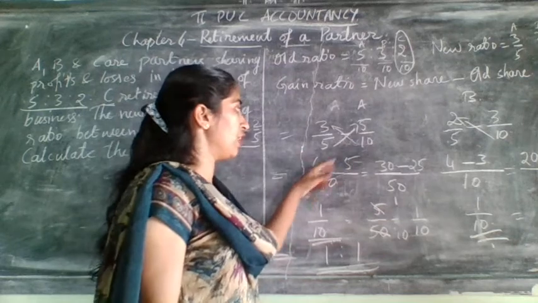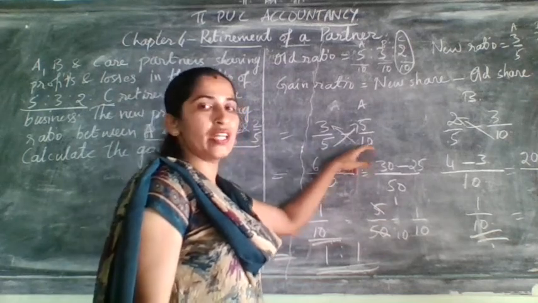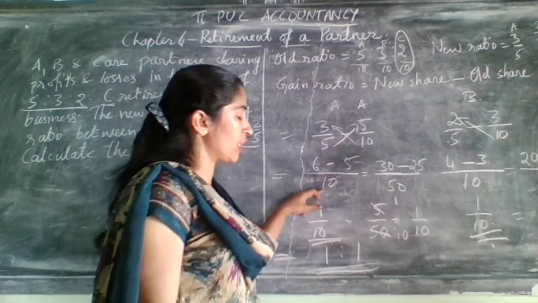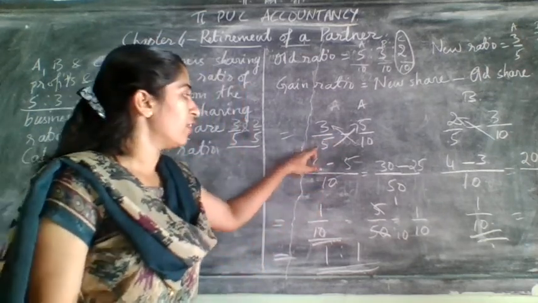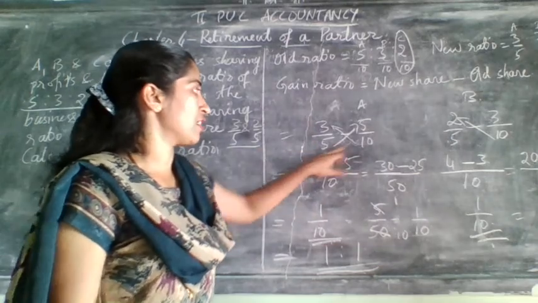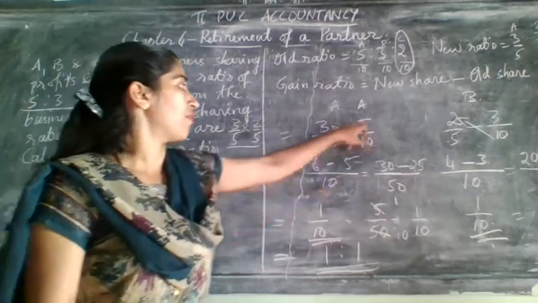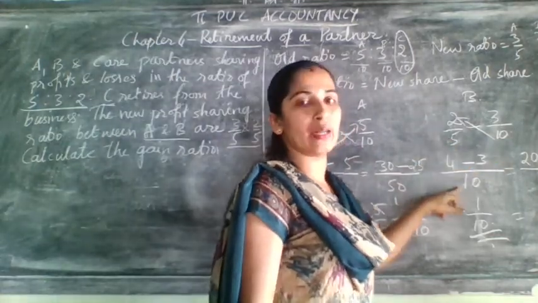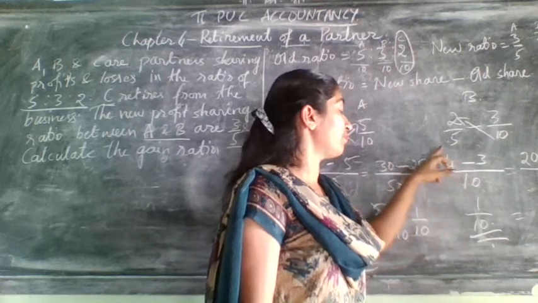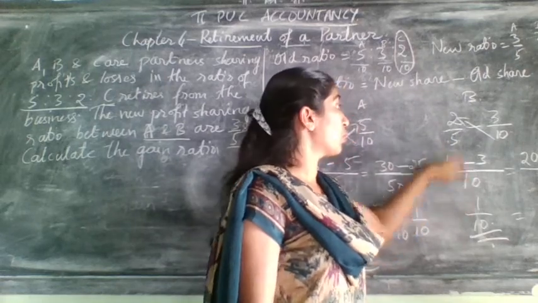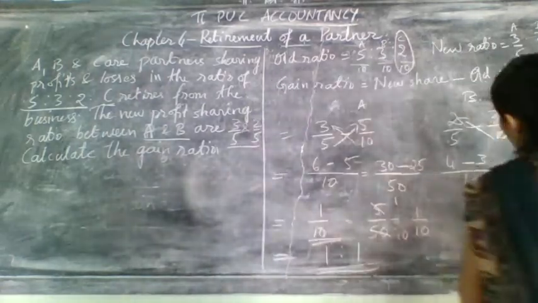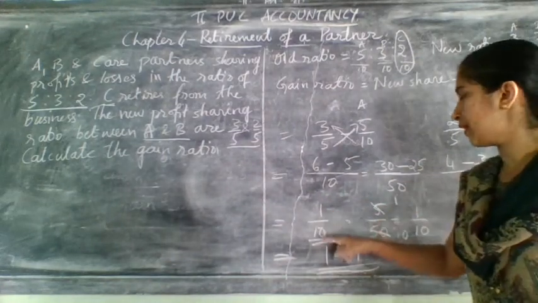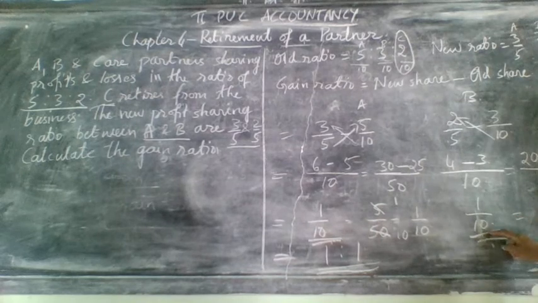So I followed here. The highest denominator was 10. 10 can be divisible by 5. When it is divisible by 5, you can take 10 as the denominator. 5 2s are 10, 2 3s are 6. 10 1s are 10, 1 5s are 5. And here again 10 can be the denominator. 5 2s are 10, 2 2s are 4, 10 1s are 10, 1 3s are 3. And here you will get 1 by 10, and here also you will get 1 by 10 as an answer.